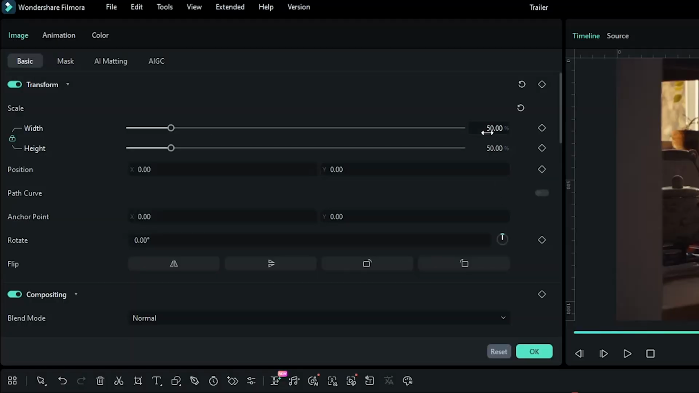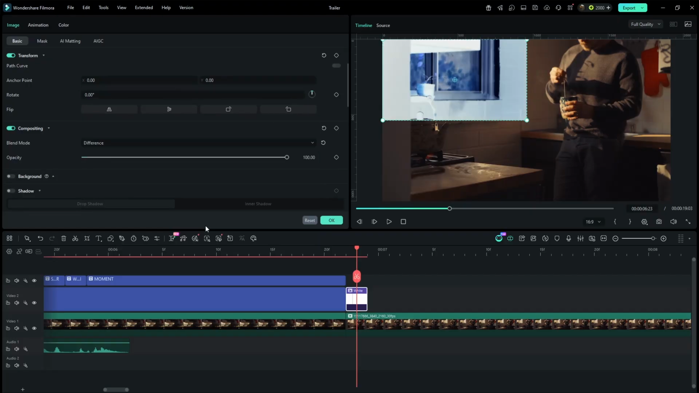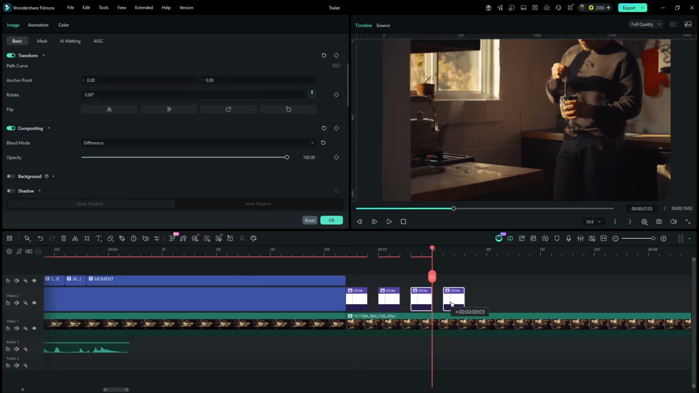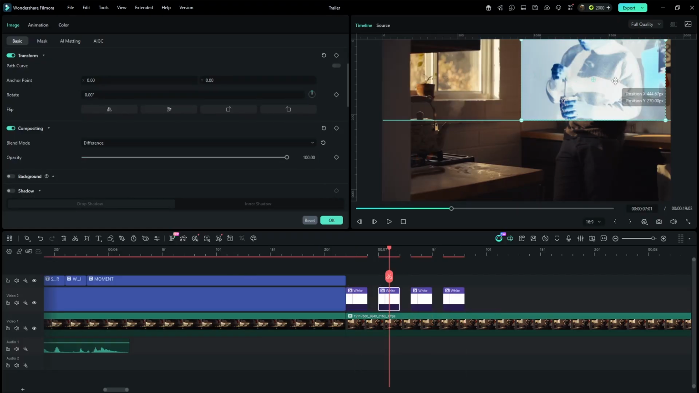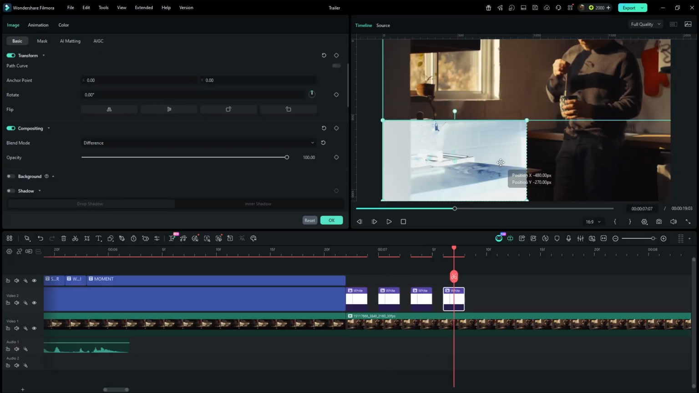Reduce the scale to 50%. Place it in the top left corner and change the blend mode to difference. Leave a 1 frame gap and duplicate it 3 times, positioning each copy differently. Next,